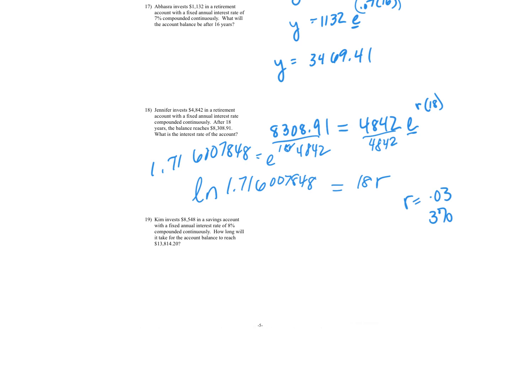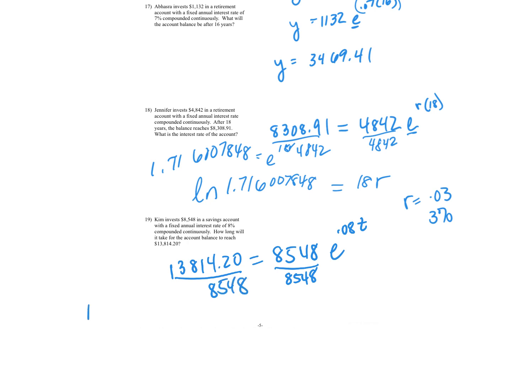Kim invests $85.48 in a savings account with a fixed annual interest rate of 8% compounded continuously. How long will it take? So here they're asking for the time. Remember, each of these asks for something different. So ending balance is the first thing you put, equals the beginning balance, times e to the 0.08t, and they're looking for t, which is in the exponent, so you know you're going to need ln. So the first thing we're going to do is divide by 85.48,